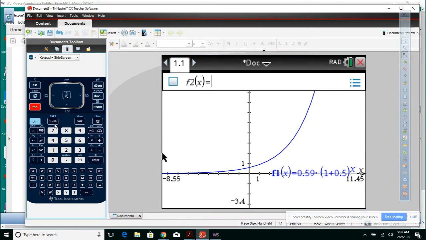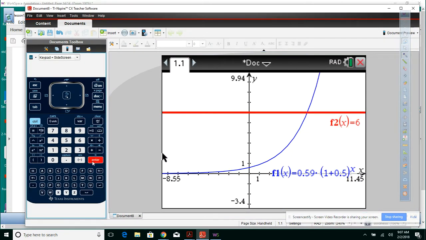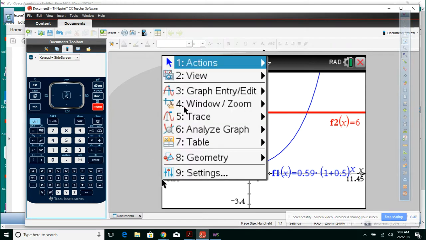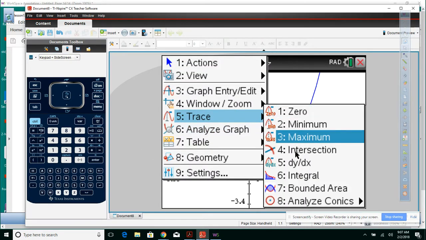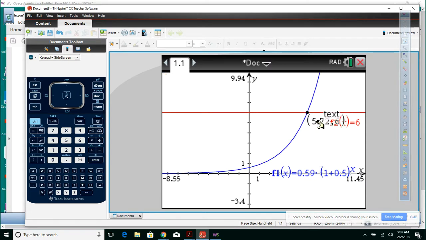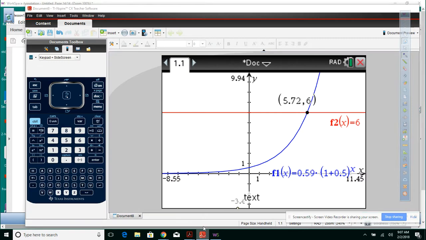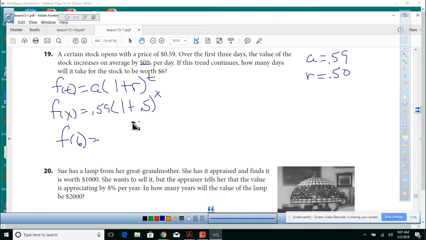And we'll press tab and we'll put 6 in there. So this point here is when it equals 6, and we can menu 6, 4, and we get 5.72. Okay, so we get 5.72. Now, Mr. Carpenter, I don't have